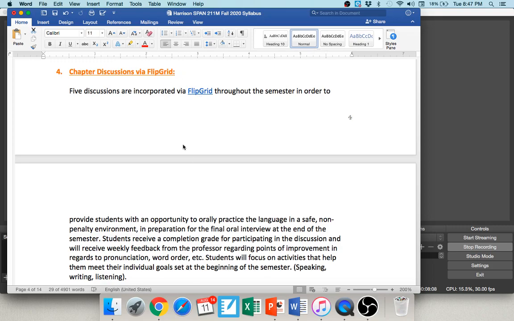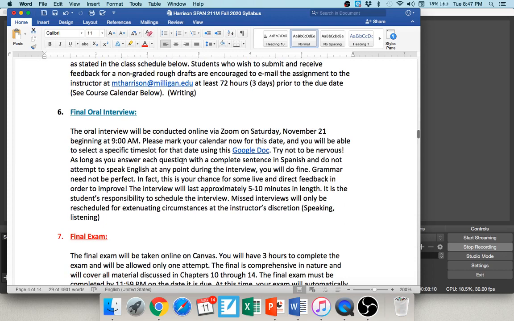So the way I've designed this is, as I said, you have an oral interview at the end of the class, and that oral interview has a series of questions that are all in Spanish. It'll last about 10 minutes, and it will cover questions from all of the chapters that we've covered. I know as a student, that would be super intimidating, like, oh my gosh, that's a lot. So what I've done, I've taken the questions that you are going to see in the oral interview, and